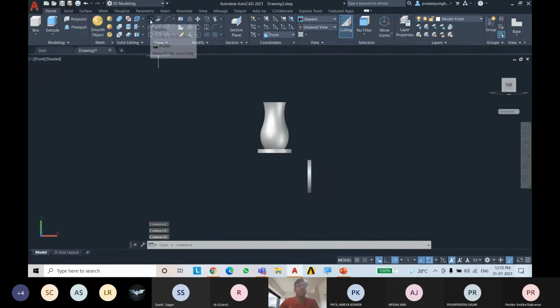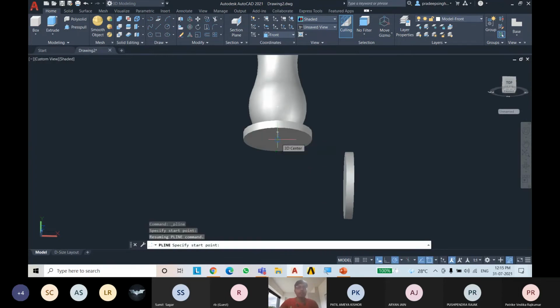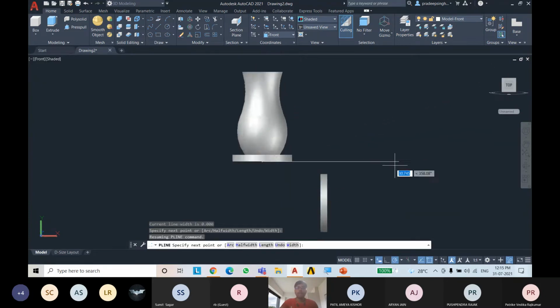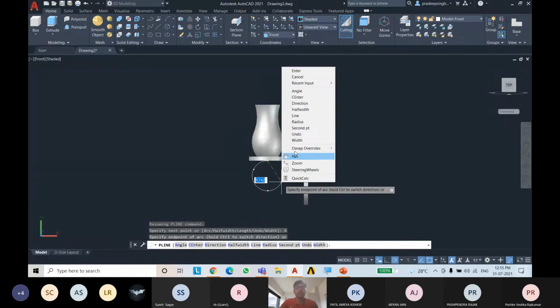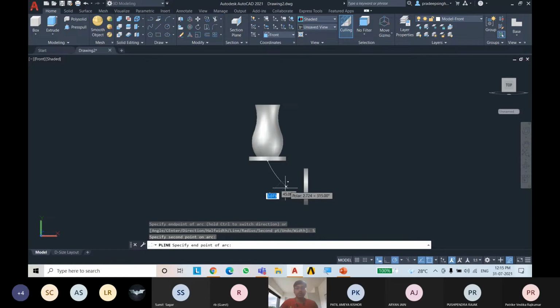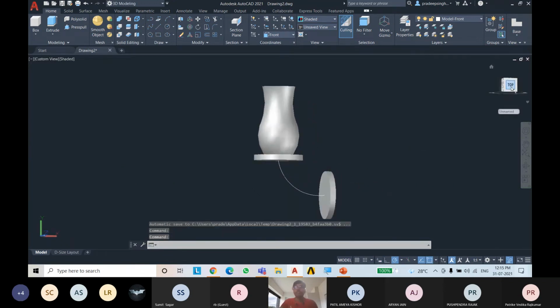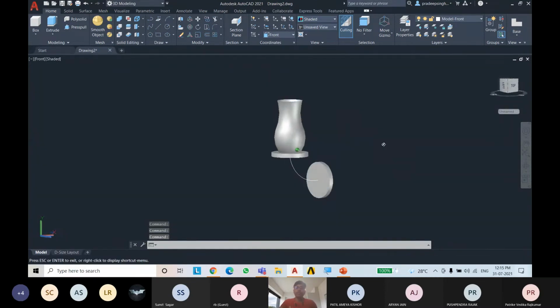So we'll be using polylines again. We will be selecting this middle point of the circle, right click, arc, and again right click, second point, click here and then click on this center point and press enter. You can orbit it by using shift and the wheel of the mouse, and see it.